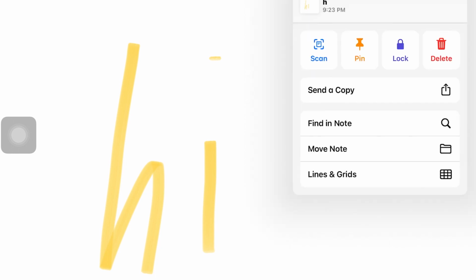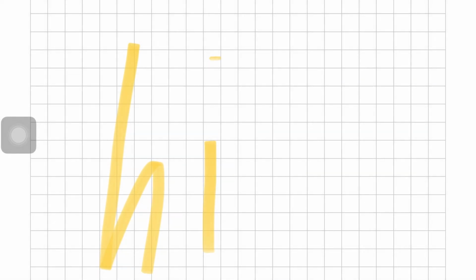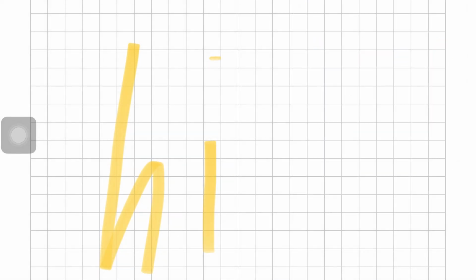And you can also show grids and show lines. You can have different wallpapers and grids. The cool thing about Notes is that I can put all the apps that I want, because